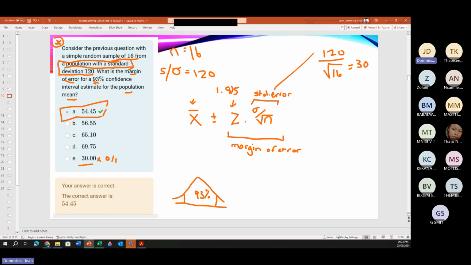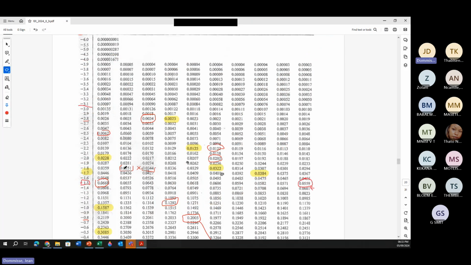So that means this component and this component together is the 7%. So on this side, it's 3,5%. On this side, it's 3,5%. So if we needed to work out that value of Z, the easiest one is the negative Z table, where it is 0,035. We will get